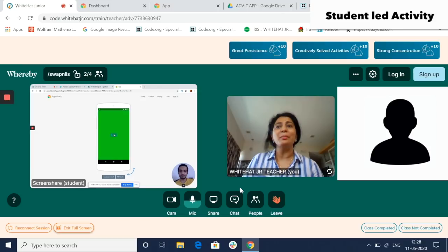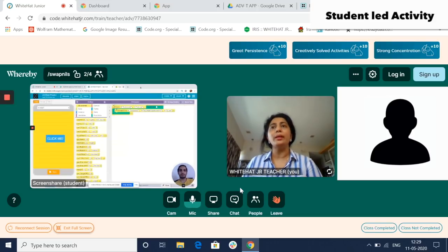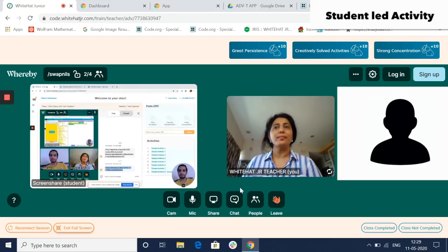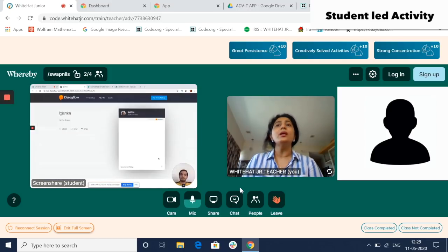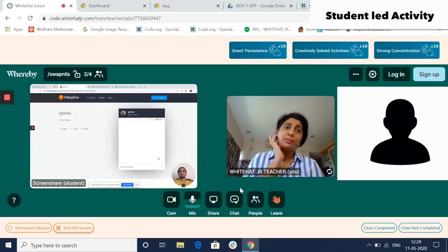Okay, this is nothing but the app that we created. See, the same thing. I showed it to you on a mobile. This is another way of seeing it, on a simulator. You will be creating such apps. Now come back to your panel, the one with the red dot, and click on student activity 4. Now this is a chatbot. Okay, this uses artificial intelligence, and you will be building this again as part of your course.